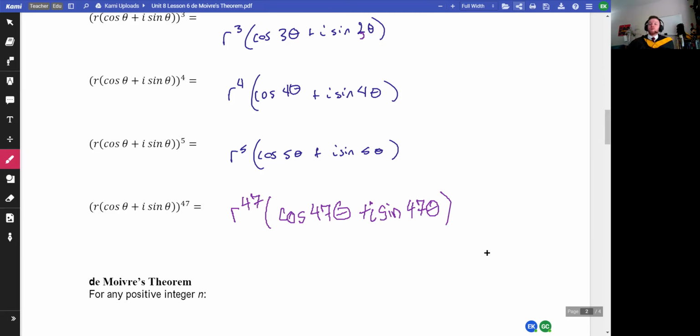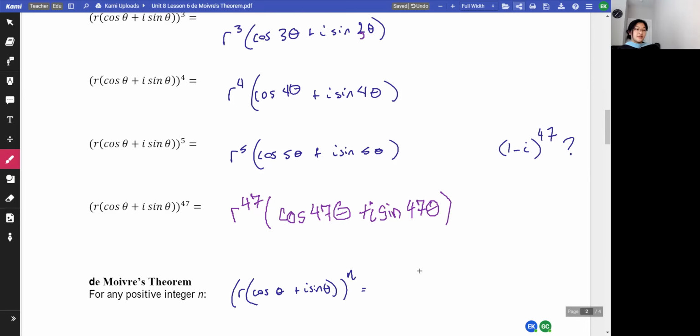because if I said, hey, what's 1 minus i to the 47? That is a lot of work. Yes. But if we can write that in polar form, maybe it's not as much work. We'll get to that. Put a question mark there. De Moivre's theorem states this fact: for any positive integer n, r cosine theta plus i sine theta to the n is equal to what?